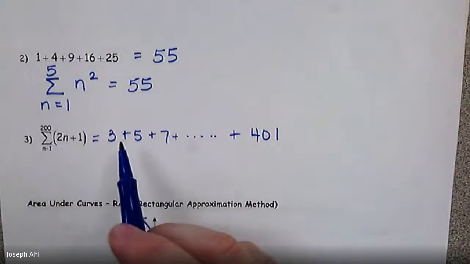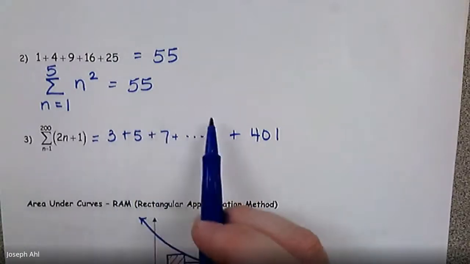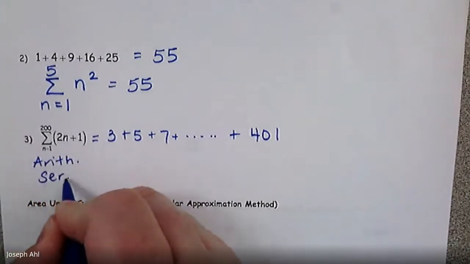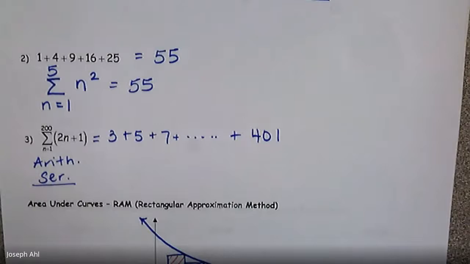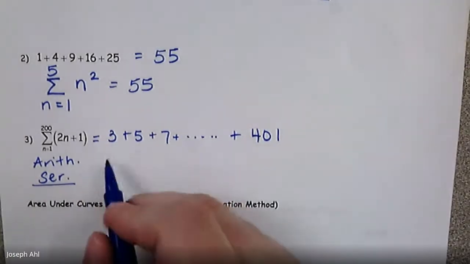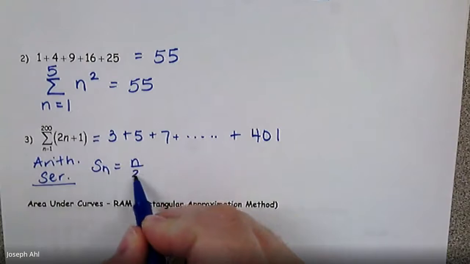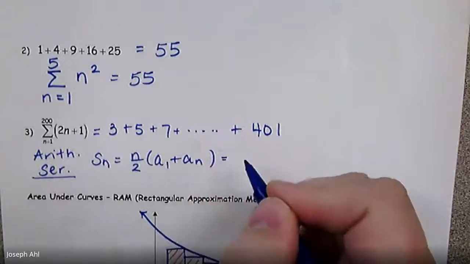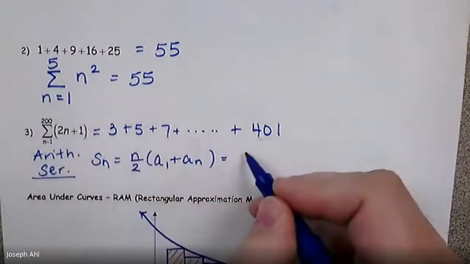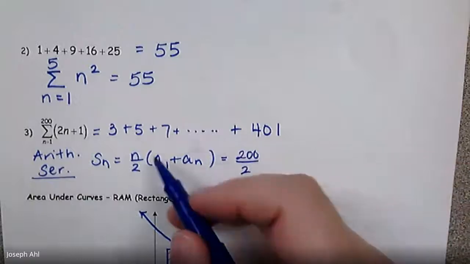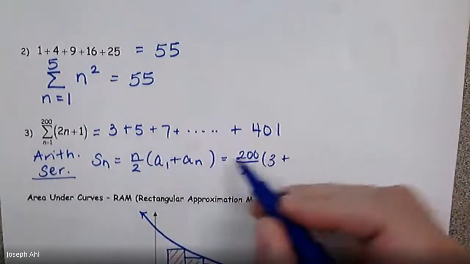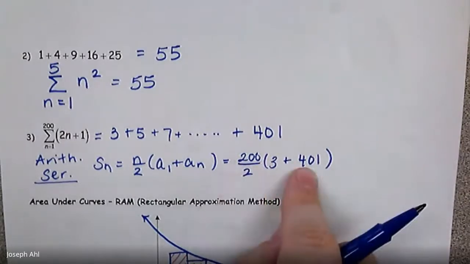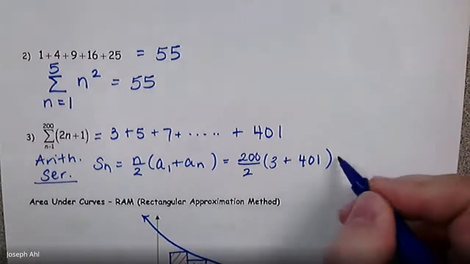Well, it's by recognizing and remembering that when these terms increase by 2 each time, it's a pattern in an arithmetic series. An arithmetic series is something you learn in Algebra 2 honors, definitely, and probably in pre-calc honors. The formula for an arithmetic series is S sub n equals n over 2 times a1 plus an. So n in this example is 200 terms, 200 over 2. The first term in my series is 3. A sub n is the last term, 401. So that's nice, this is just 100. 100 times 404 is